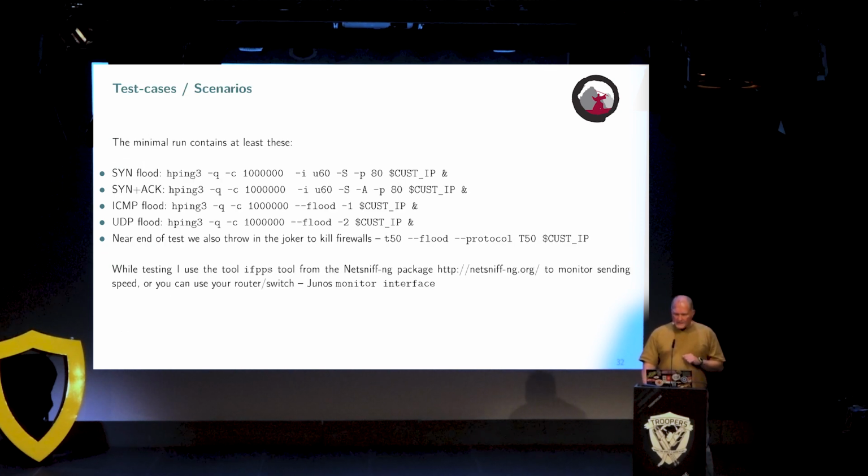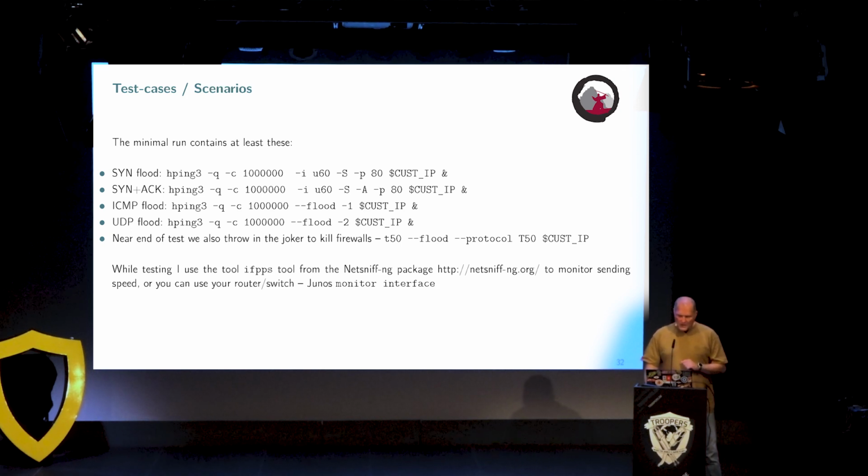The actual commands that I usually use are SYN flooding, SYN-ACK flooding, ICMP flooding, UDP flooding. Again, I will use the hping3 tool because it's very flexible. You can start to play with all of these parameters when you get later into the test, but these are the basic ones that you should try out. And when you have tried these out, you can definitely find good options in your firewall devices and components to ensure that you are not as vulnerable to these attacks,